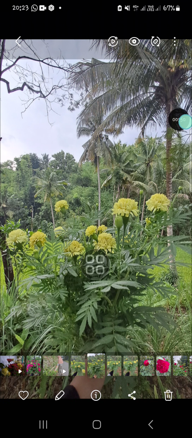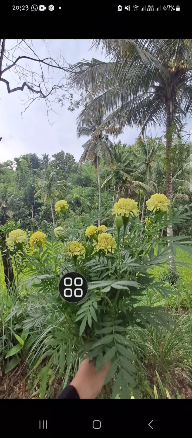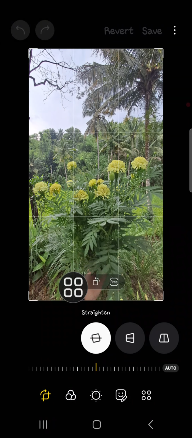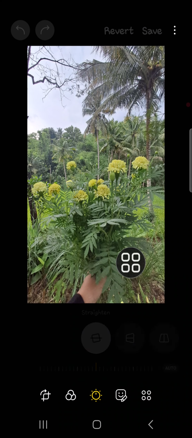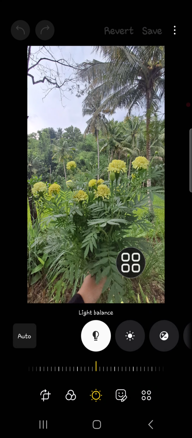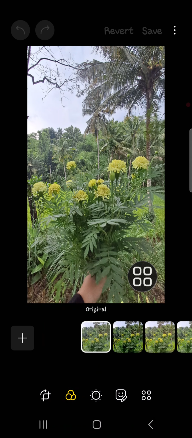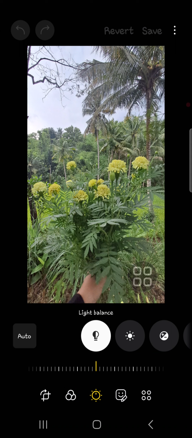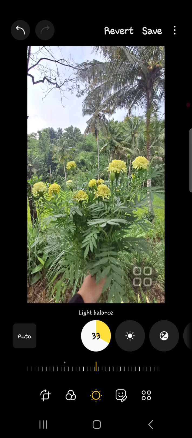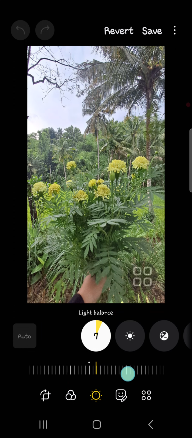If we want to edit this photo, we can go to the editing tools shown by this pencil icon like this, and then we're going to adjust, for example, the brightness, and then the contrast and the saturation, and etc. The first one, I'm going to adjust the light balance. I'm going to make it a little bit